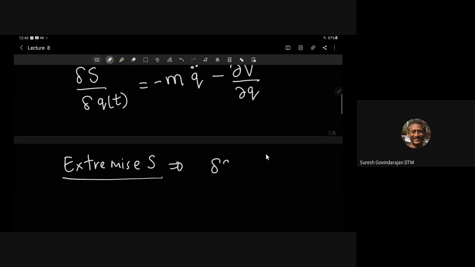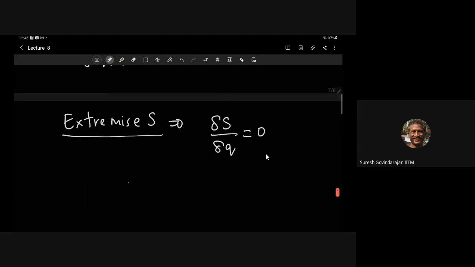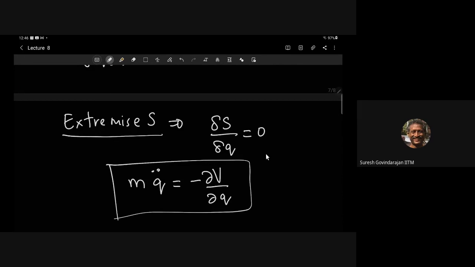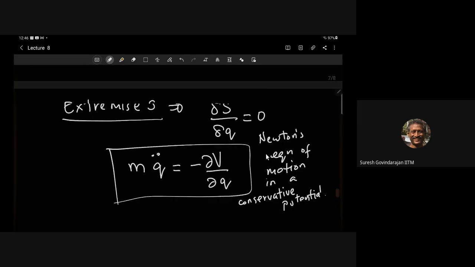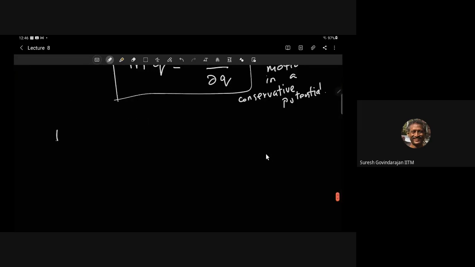Extremize this. That implies setting the functional derivative to 0. If we do that, we get m q double dot equals minus dV by dq. Have you seen this equation somewhere? Newton's second law. Yeah, Newton's equations of motion. Okay, so what is the consequence? So, in other words,